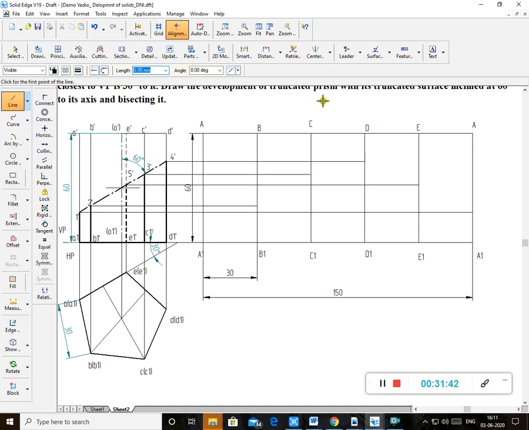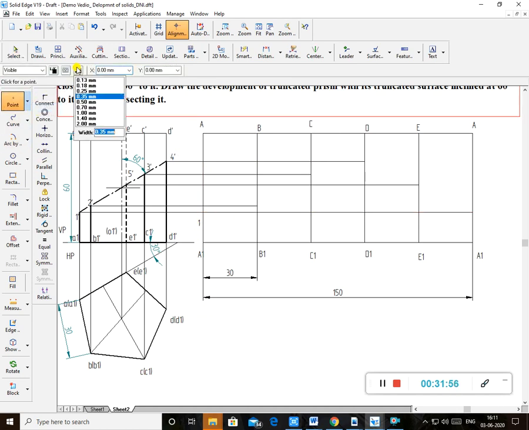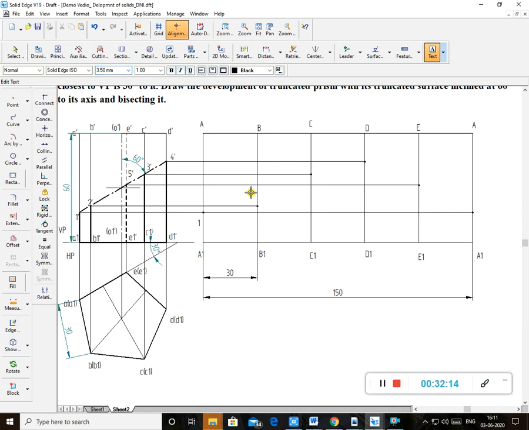So here I'll name them. The same cut points I'll transfer here. This is 1. Just imagine this is 1. For understanding, I'll remove this dimension now. So this is the first point. Or you can use the point command for understanding. Take a thick point. This is the first point. This is the second point. This is the third point. This is the fourth point. This is the fifth point. Again, it is 1 point. Now I'll name it: this is 2. Don't use 2 dash here. Don't use 3. It is 4. Okay, this is 5. Again, it is 1.